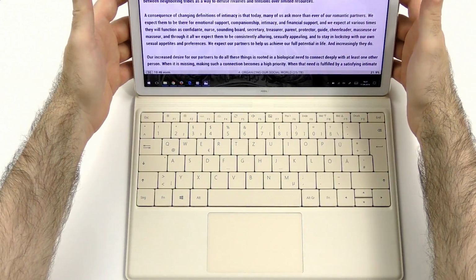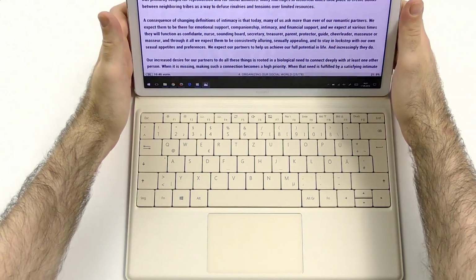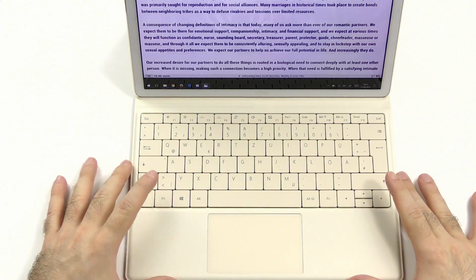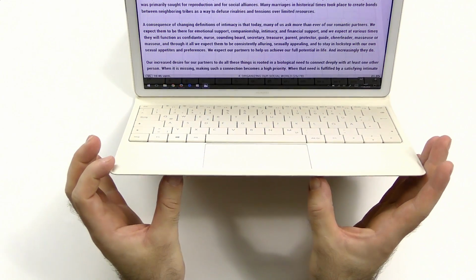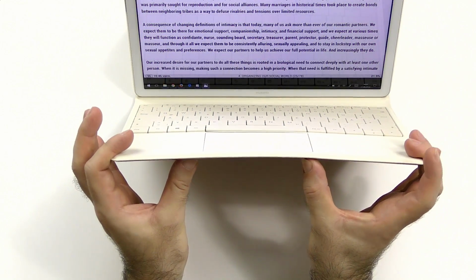They work out absolutely fine. On a lap, it was just not the right angle, and it wasn't secure enough. Trackpad, absolutely fine, precise, works out. One thing that I've noticed though, if you don't have it on a flat surface,